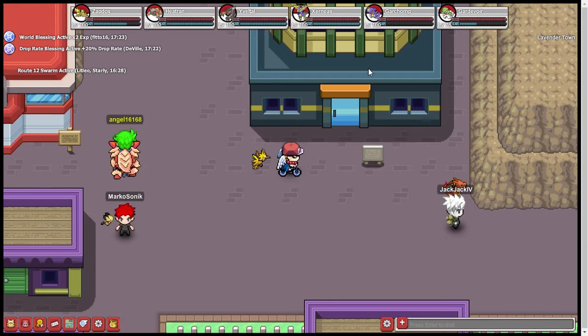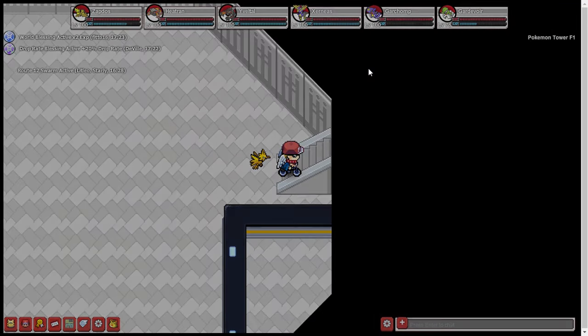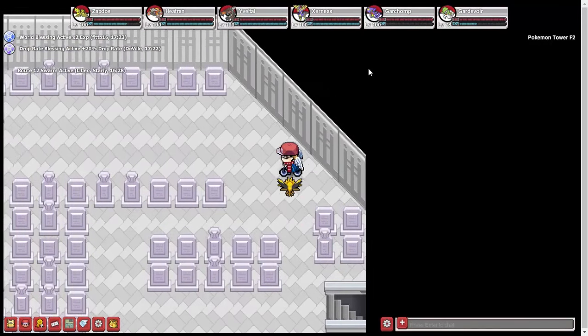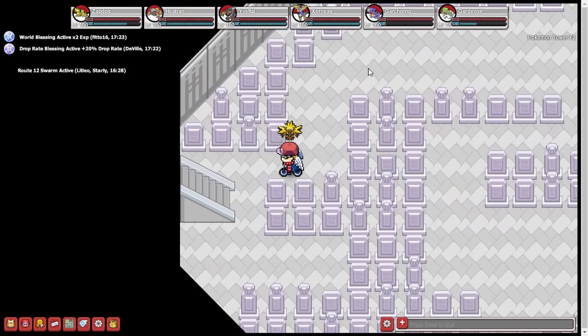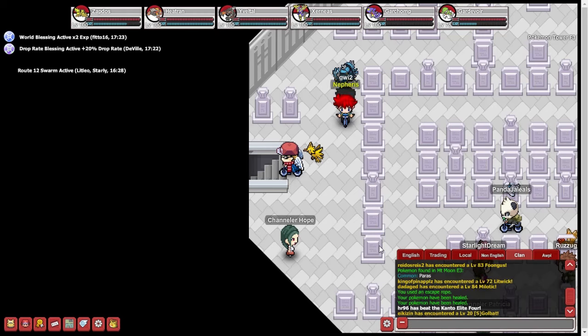So the best place, in my opinion, to train Special Attack is Pokemon Tower in Lavender Town. The only Pokemon you can find here besides Cubone, which is very rare, 1 in 600 or 1 in 400 if you got gold membership, I'm pretty sure. I think that's the rates. I'm not sure, I'm going to have to double check on my rates. But up here, the only Pokemon you can really find